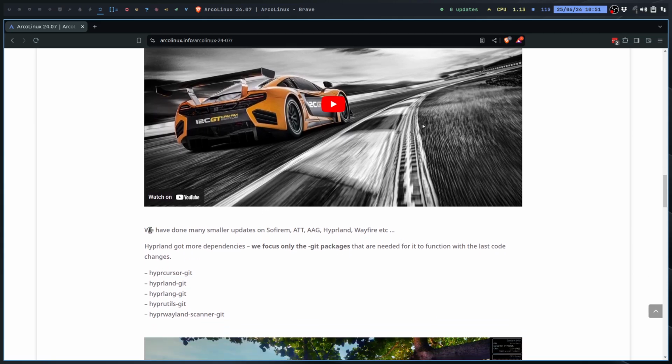Now we've done a lot of smaller things, updates for software RAM, for ArcoLinux Tweak Tool, the ArcoLinux application Glade, Hyprland, Wayfire, and such more, right? I would like to focus a little bit on Hyprland. We are using the Hyprland Git version, which means the very last code. So that means that the very last variables and configuration need to be in order. So we had a little change in here. One line needed another variable, but it needs also a lot more, the very latest of the packages